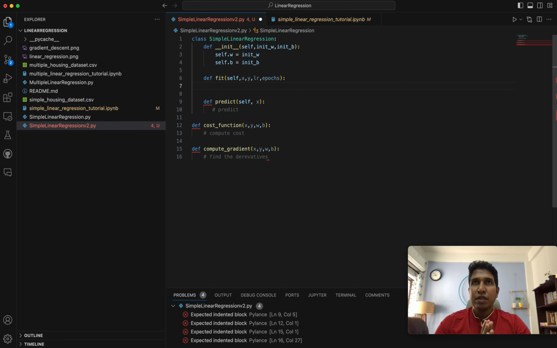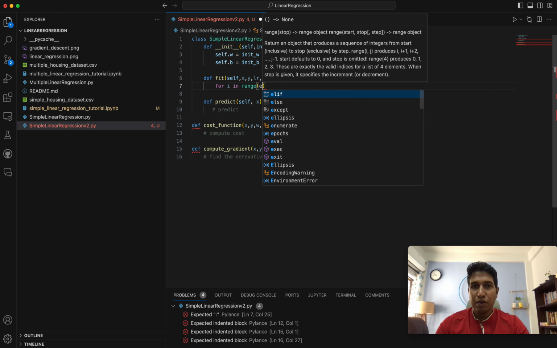If you want to iterate maybe 1,000 times, it's going to take this much time, and if your model has not learned much, you can increase that to 10,000 times and so on. And lr is the learning rate, which we will come to afterwards. So first we understand that we have to iterate, right? So for i in range of epochs,